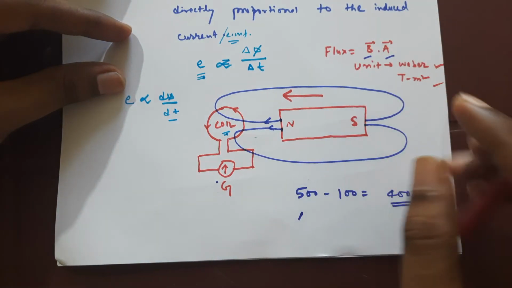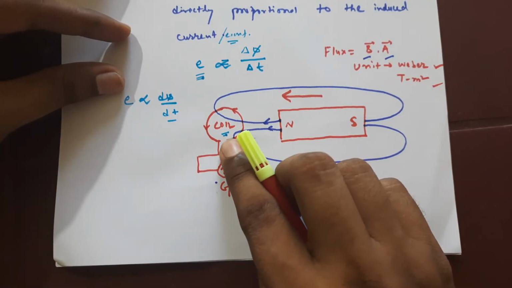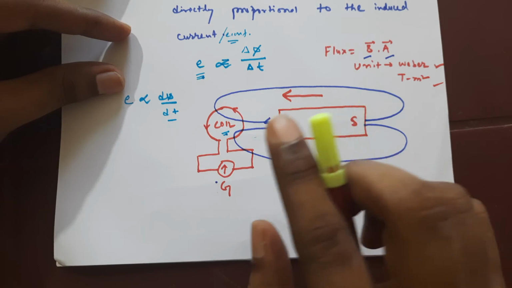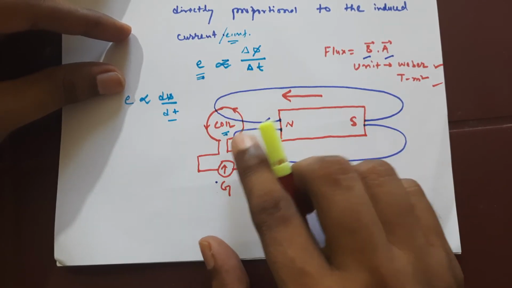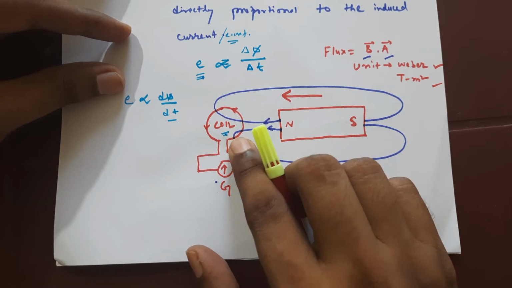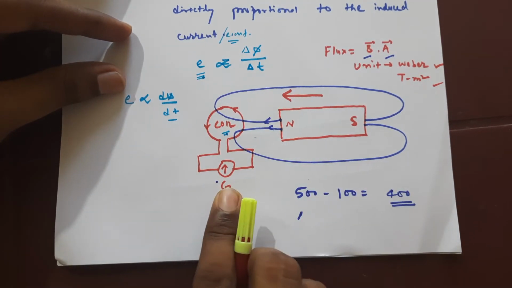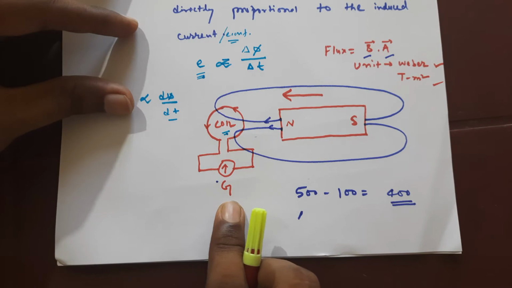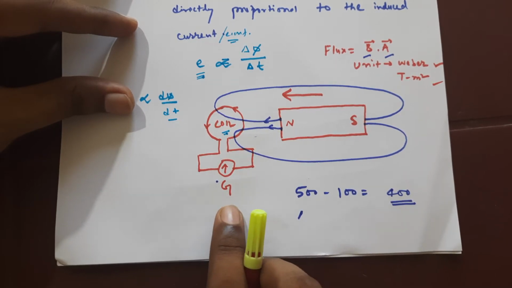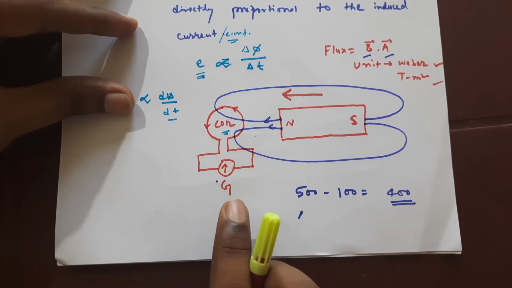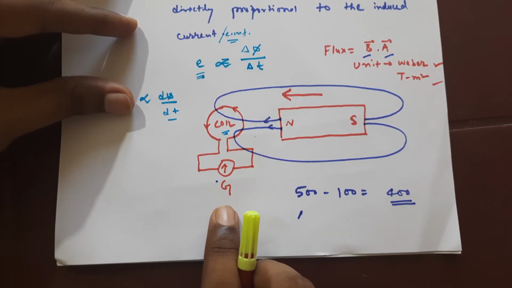So of course there is a change in the magnetic flux. Remember this thing, that if there is a change in magnetic flux, a current will be induced in the coil, and if a galvanometer is connected in the circuit, the pointer of the galvanometer will deflect, indicating that there is a production of the current. And if there is a production of current, we can say that there is a generation of EMF, because without EMF current will not be induced.